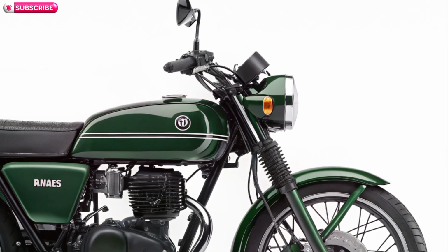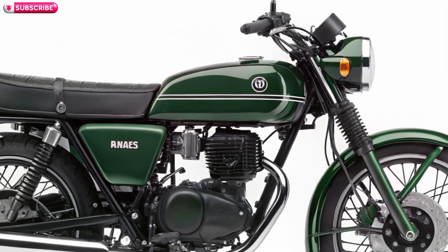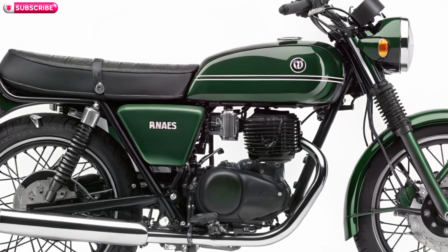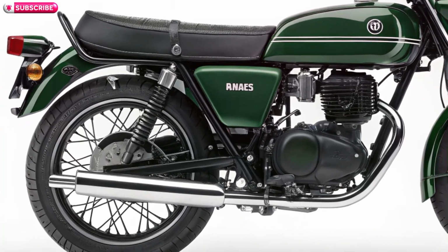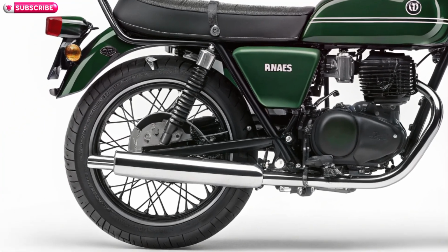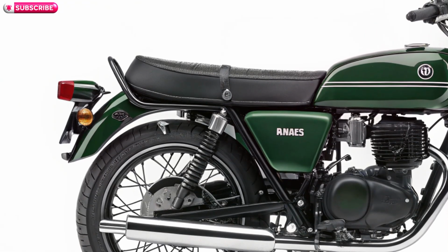Other additions include side stand engine cutoff, combined braking system CBS, an optional front disc brake for improved stopping power, USB charging, tubeless tires, and optional